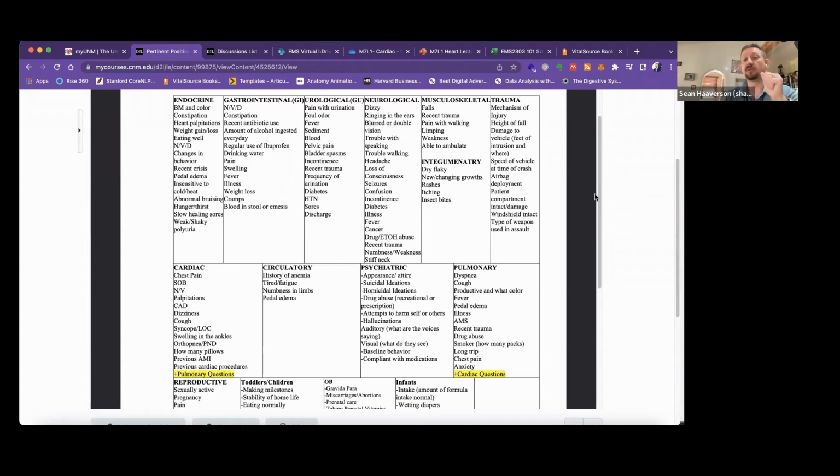So make sure you review all of this, but notice that cardiac and pulmonary, you basically always do together. If you are doing the pulmonary pertinent positive and negatives, you also need to do the cardiac pertinent positive and negative. Again, that big picture I showed at the beginning is that everything is stacked together in the chest and we can't always differentiate and tell it apart very easily in our assessments. But once you've figured out that it is a cardiac call, then you'll focus on these questions, or for other things, if you figured out it's a GI call or GU call, then you go down the list of pertinent